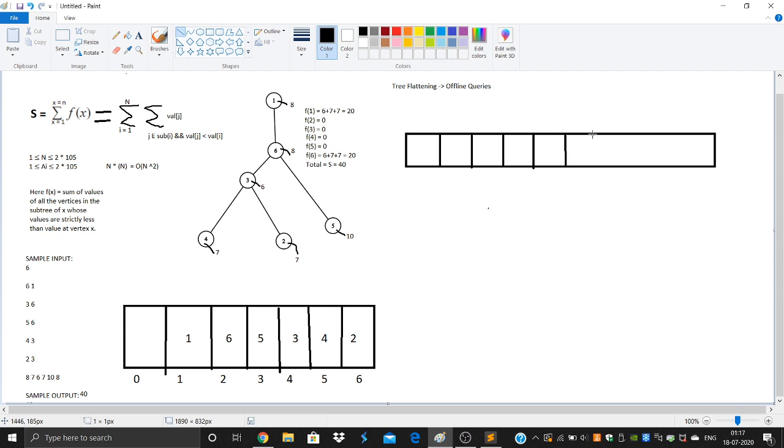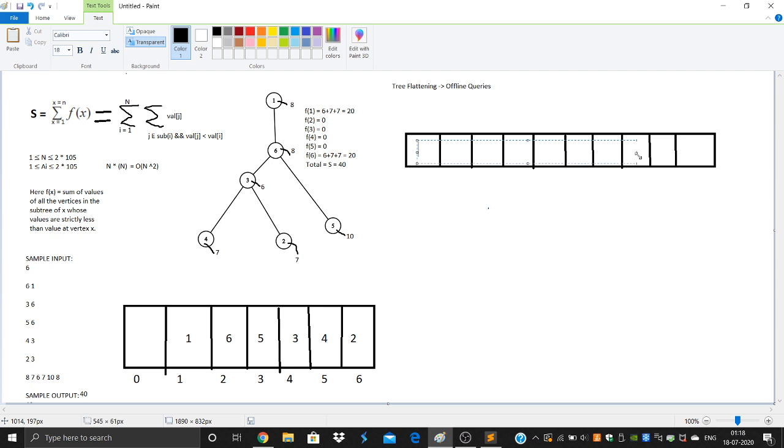So we can calculate very efficiently using this method. You can represent a binary index tree in an array. Initially we would initialize all the values to 0, and then we would do our queries and take a sum of those queries and print the sum, because that is the value of s at the end, right?